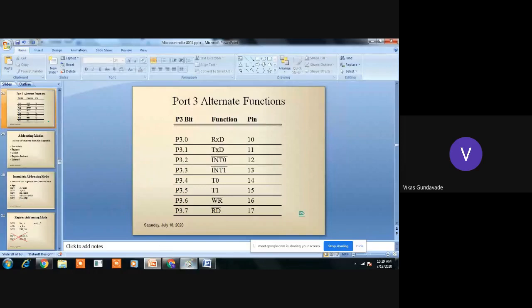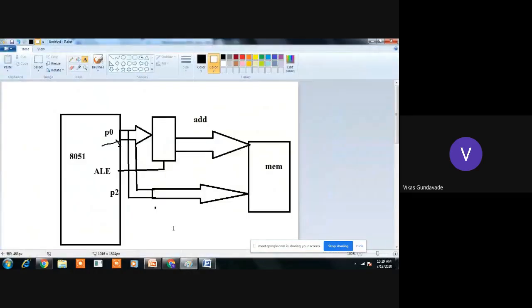We'll take the previous one, demultiplexing of this address and data bus. Now see here, while reading, the data is available in the memory. When the microcontroller transfers the address, the address is available here when the ALE goes high, and this ALE goes high for one state only. After that, it again goes low.